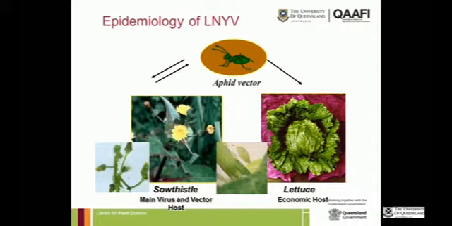The virus replicates in the plant, in the thistle, but it also replicates in the insect. So this virus has two hosts, an animal host and a plant host. The economically important hosts, like lettuce or chickpeas or garlic, so this virus has been pulled out of quite a few different species,